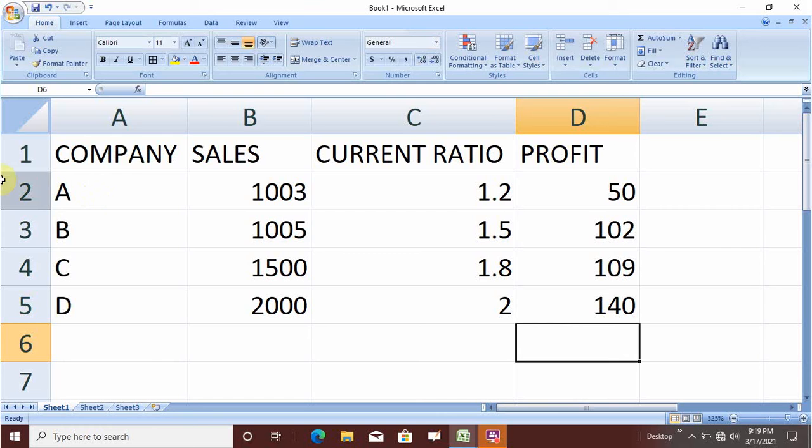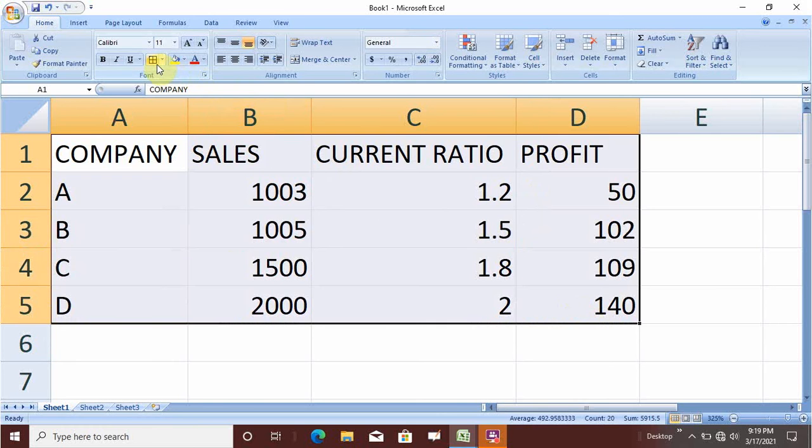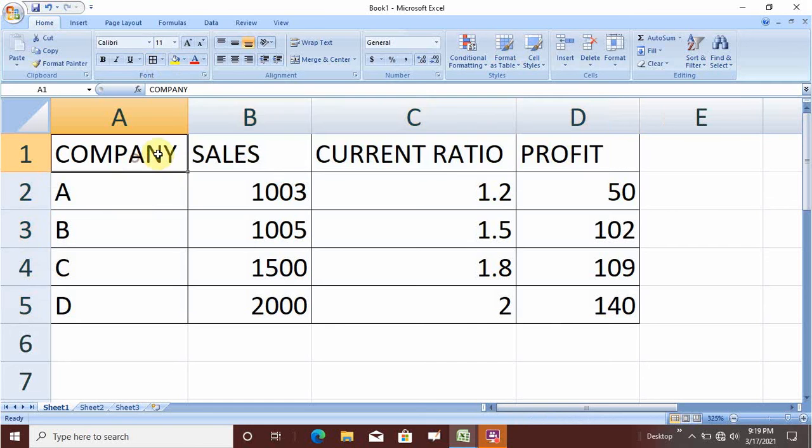These are just hypothetical data to make you understand how to use the VLOOKUP concept.